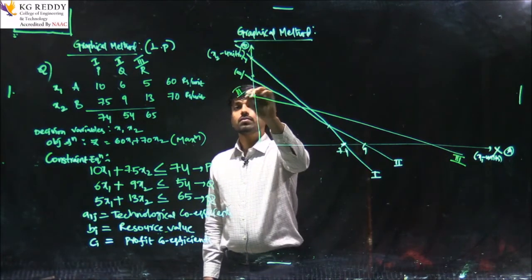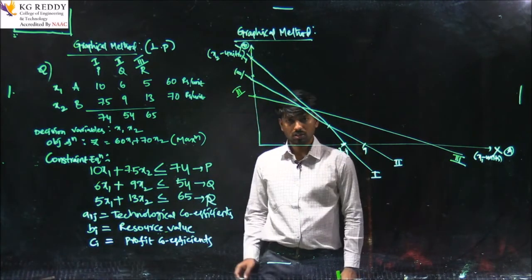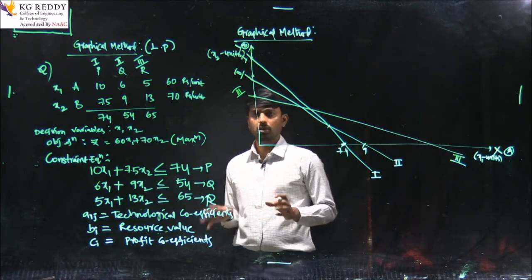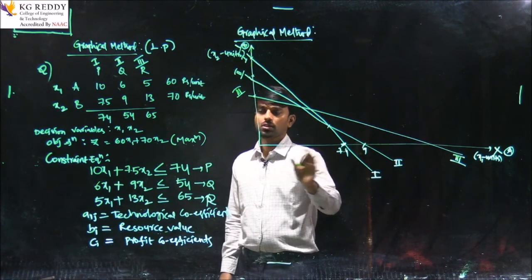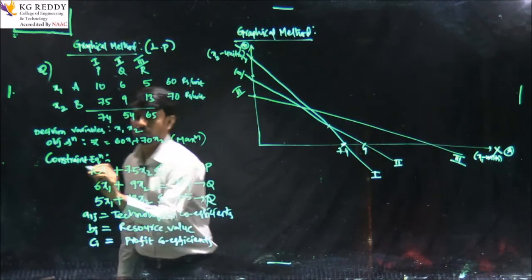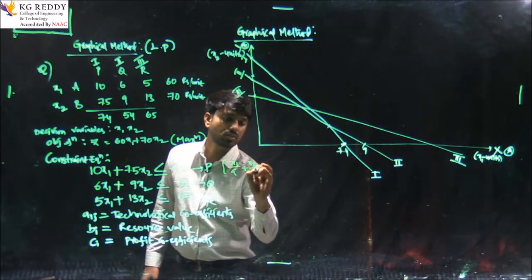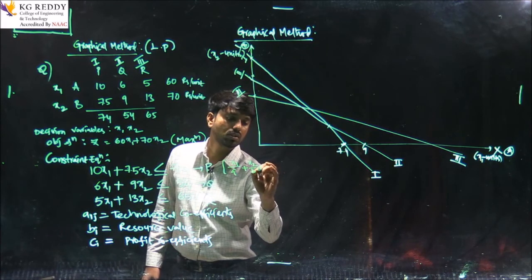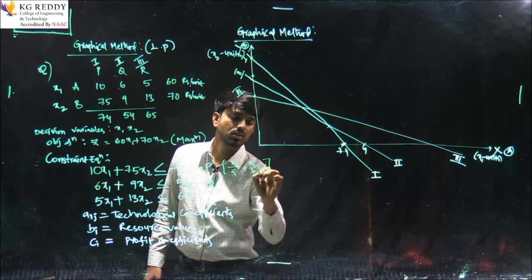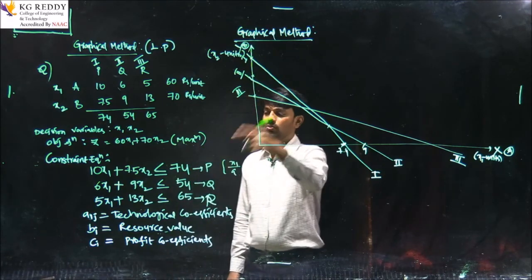Drawing these straight-line equations on a graph is your 10th class syllabus. I am not going too deep into it. You can simply write these equations in the form x1 divided by a plus x2 divided by b equal to or less than some c. This is the x1 intercept, x2 intercept. Based on that you will draw all these graphs.